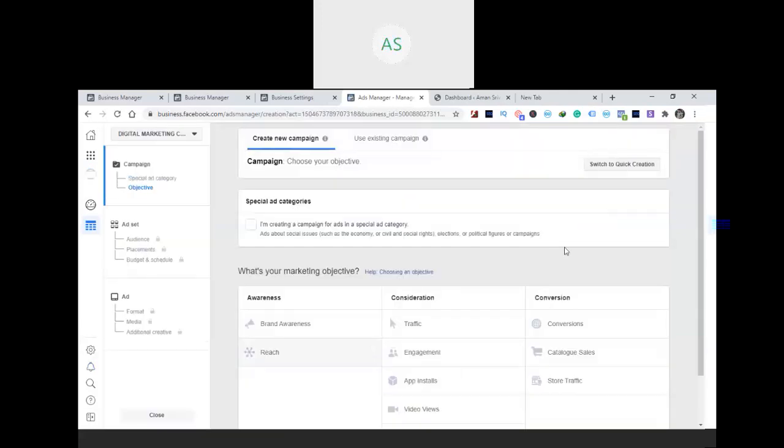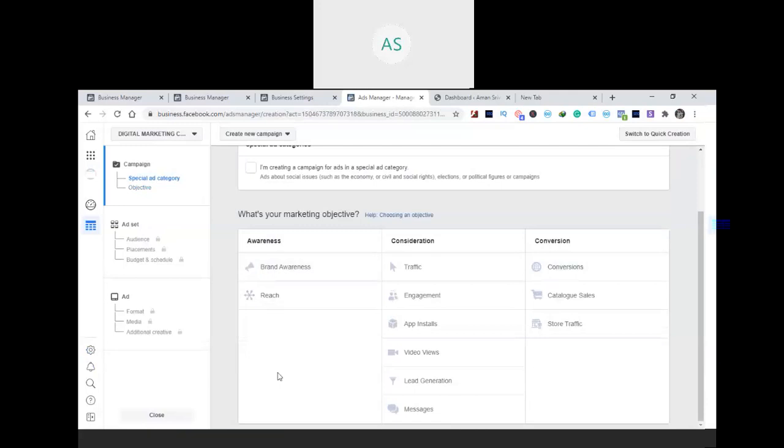So now, depending upon your end goal, for example, if you want to run an awareness campaign, you just have to let people know about your brand, that your brand is new, you're new in the market. For example, you open a new restaurant or something like that. Then you run an awareness campaign. The same way you can run a reach campaign. Reach campaign, if you want to maximize your reach, you have to show your ad to the maximum number of people. Then you run a reach campaign.